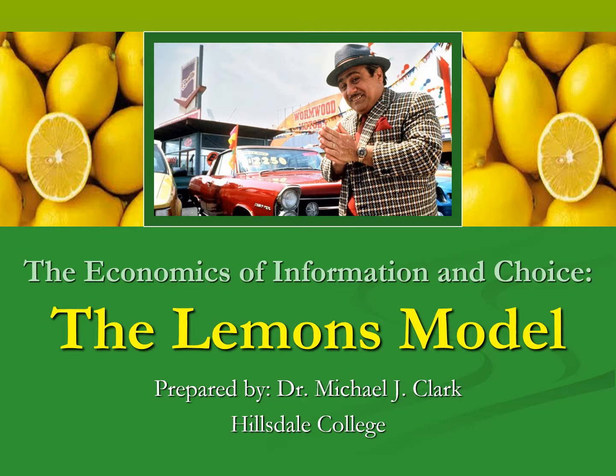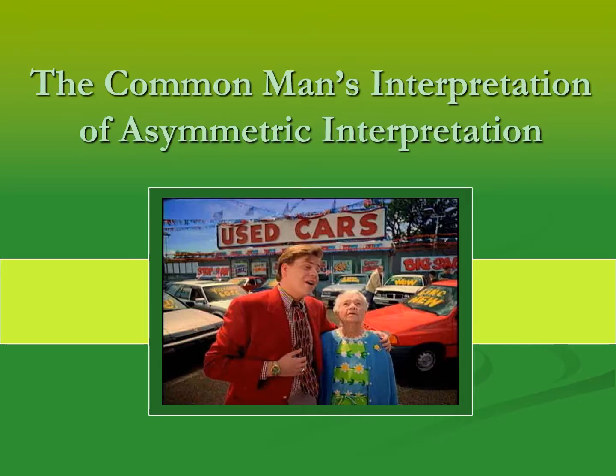In this section of the economics of information and choice, we move to asymmetric information, and in particular, the Lemons model. With asymmetric information, one side has more information than the other. If both sides are not equally in the dark with their imperfect information, what happens to our economic models? The classic example of this is purchasing a used car. Are all sides equally ignorant?